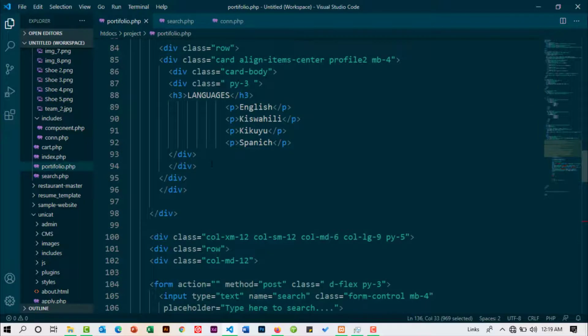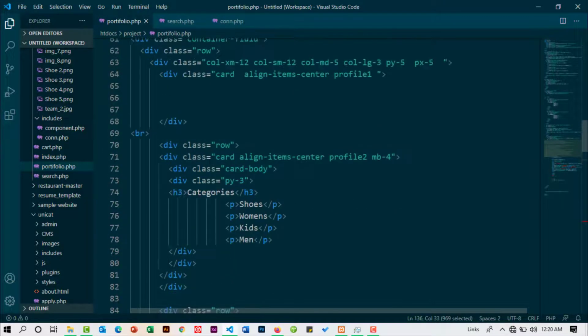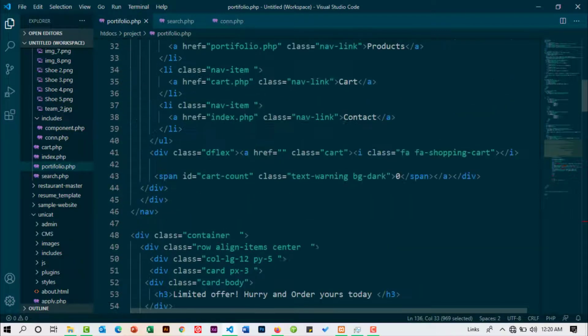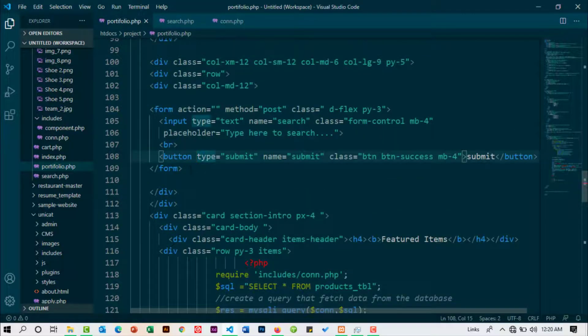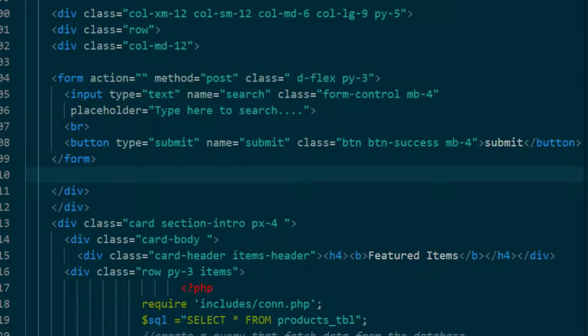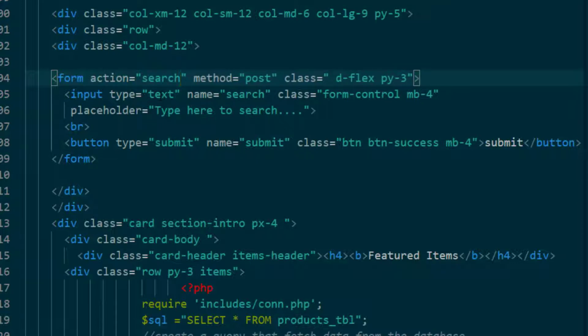So back to the portfolio page, and right now I'm heading on to the form, and the form we have somewhere down here. Yes, so here we have the form, and the form has a method of post because we want to pass the search keyword through the form. And of course, you know that if you're passing anything through a form, use the post method. So for the action, I want to get to the search.php. So here I'm just going to come and say search.php,